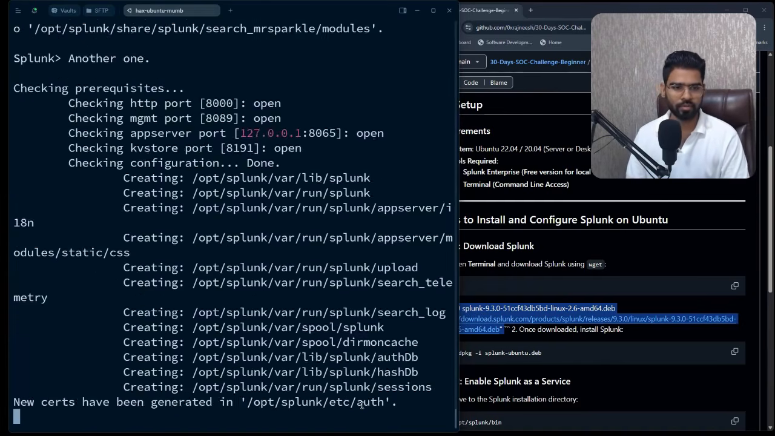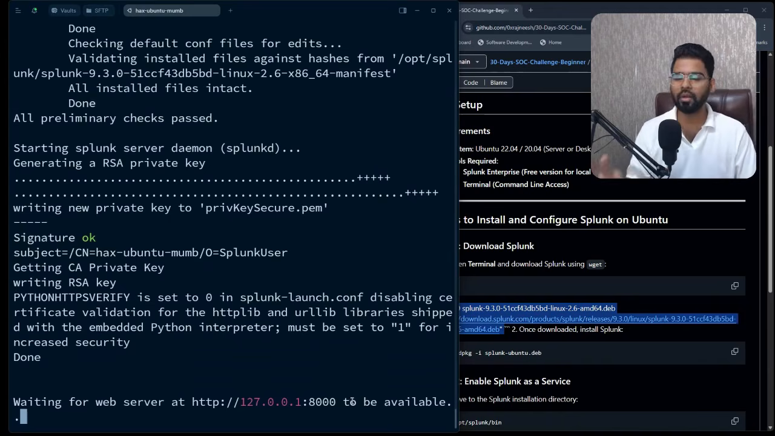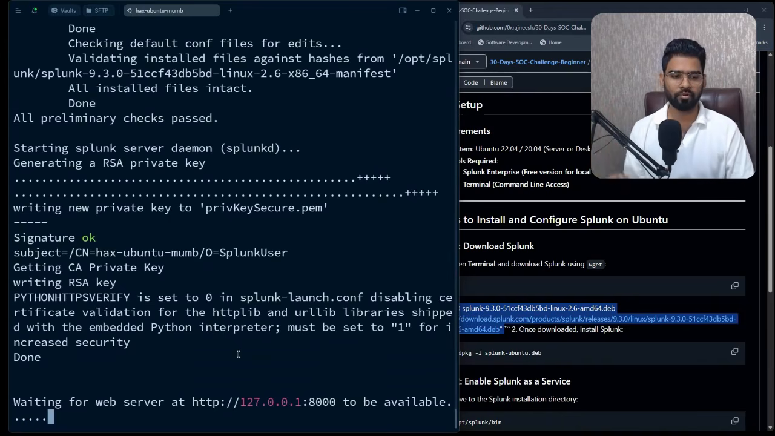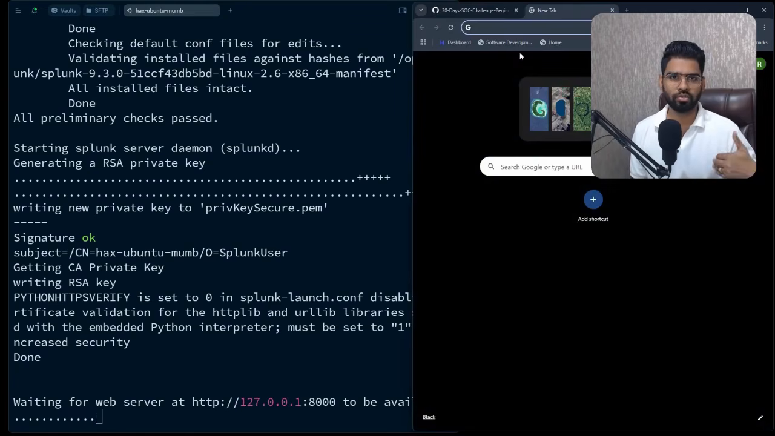It's done. You can see the Splunk has been started. It's wonderful. Now the only problem is it's currently only accessible locally from the machine. You see this 127.0.0.1. So even if I wanted to access it from my browser to this machine, I couldn't,